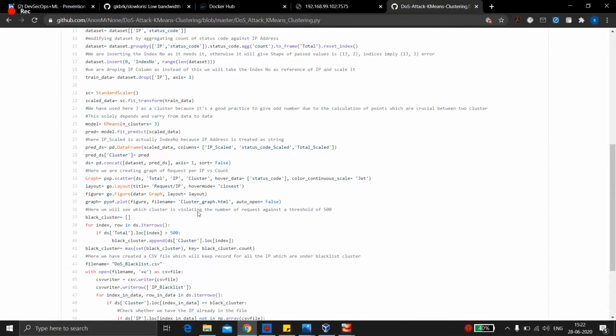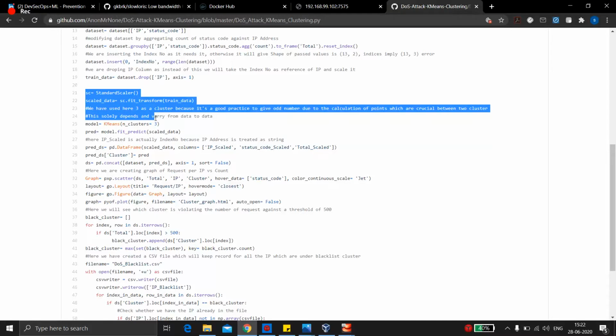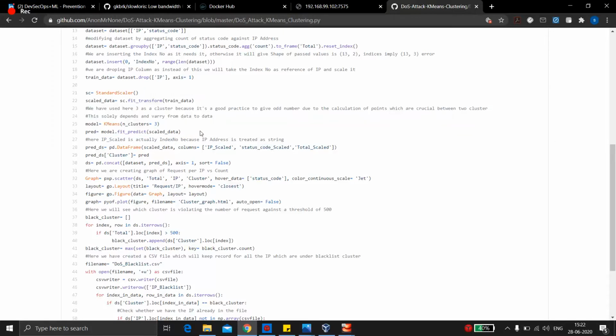We are also using the transformation. Basically, we are scaling the data. Scaling data is a must in programs like k-means, because sometimes your accuracy would be 75%, but if you do this scaling part, it would boost to around 90%. We have seen in some examples that without scaling the data, it would be around 75, and with scaling it increases by 10 or 15, going up to 90. So this is very important.